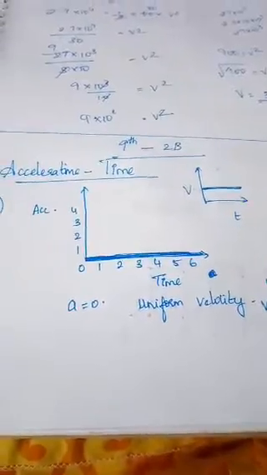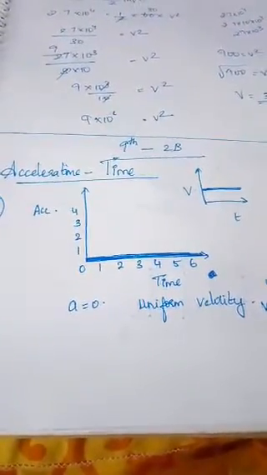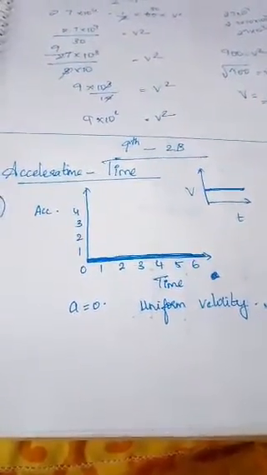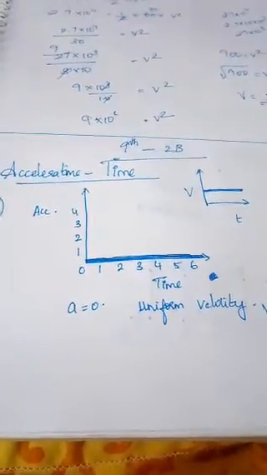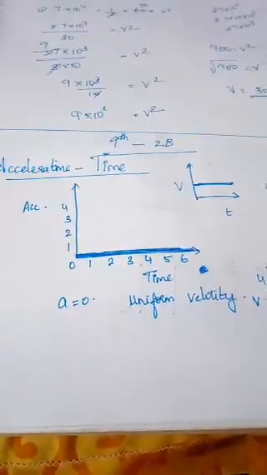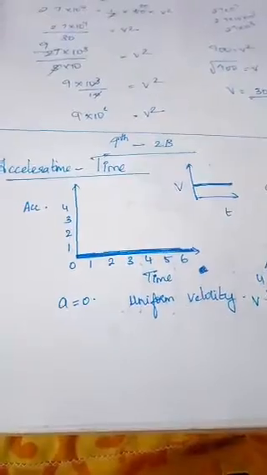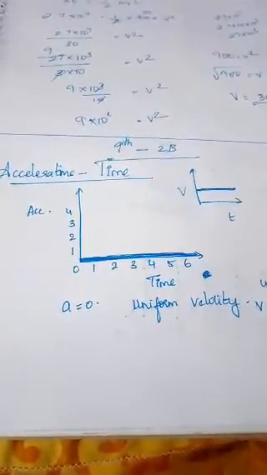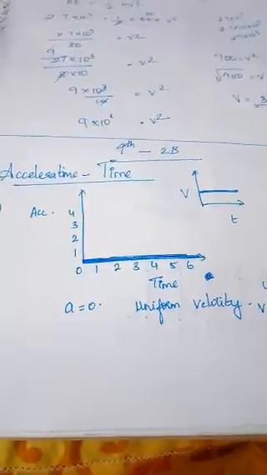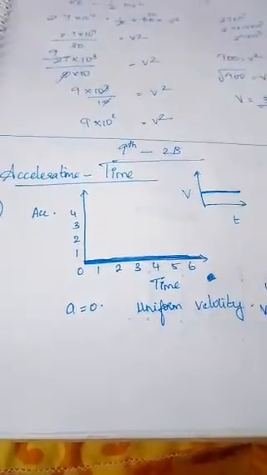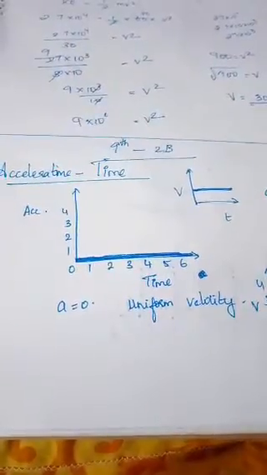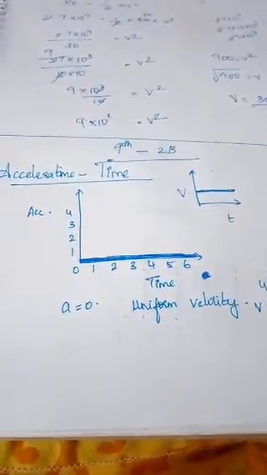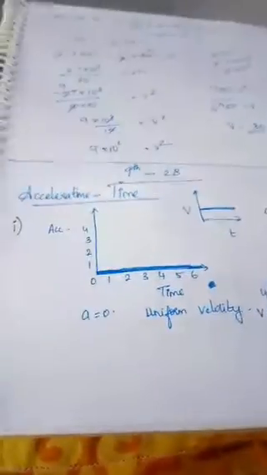So as we do regularly, we will take time along your x-axis and acceleration along your y-axis. So that is how we plot. Now remember, this graph has a greater importance because using your acceleration time graph, I can obtain my velocity values, I can also obtain my displacement values, provided it depends upon certain circumstances. Okay, so first, case 1.